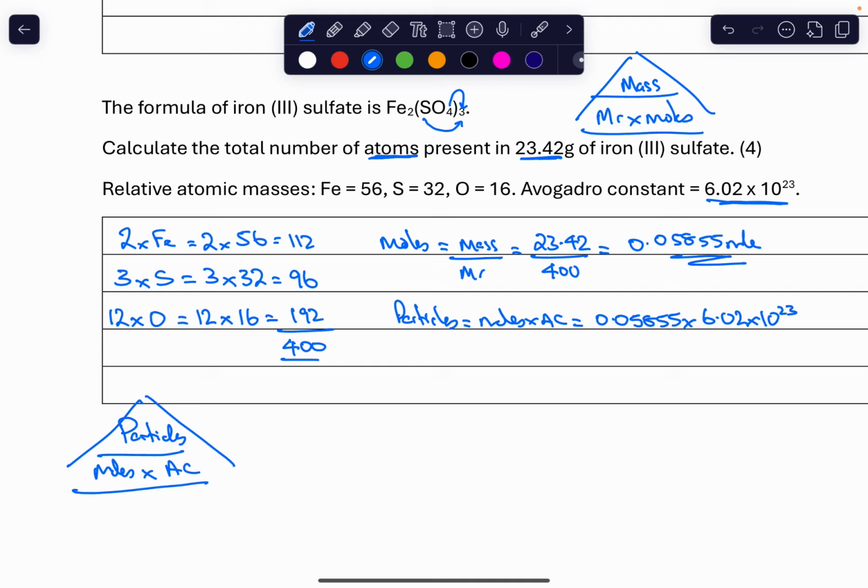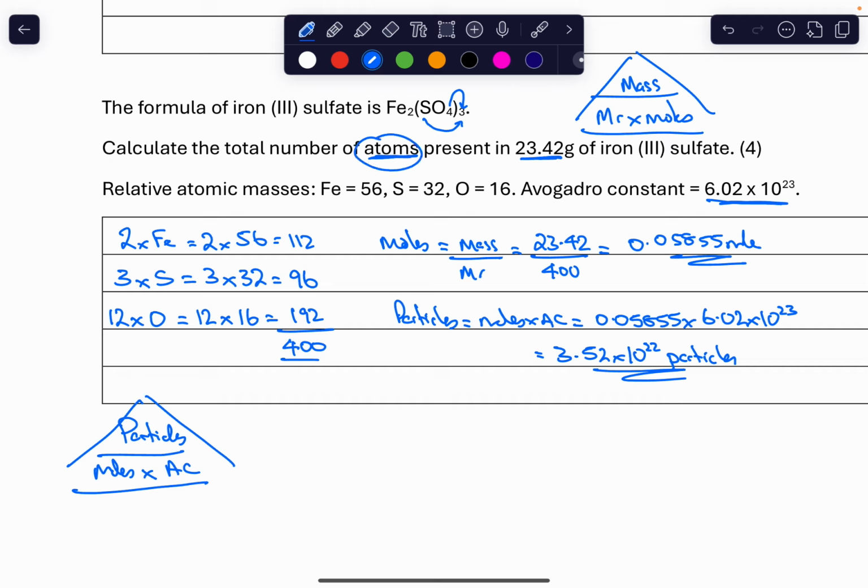So again, let's put that into my calculator. So 6.02 times by 10 to the power of 23. And that's given me an answer of 3.52 times by 10 to the power of 22 particles. Okay, now you might think we're done, but we're not quite, because the question wants to know the number of